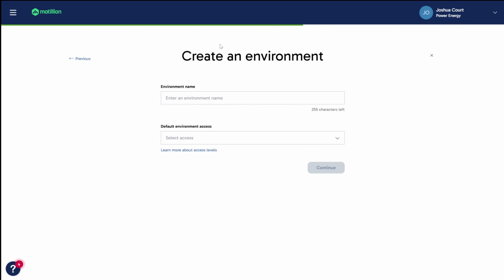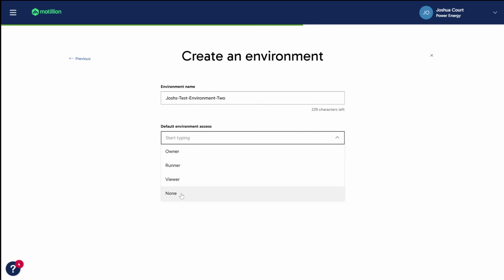In the next window, we need to create an environment. An environment defines the connection between a project and your chosen cloud data warehouse. We will first give the environment a name, and then select the default environment access level. You can set one of these access levels as the default for a given environment.